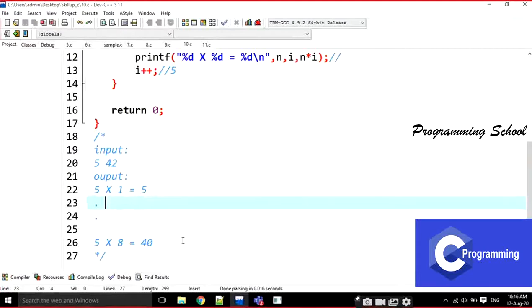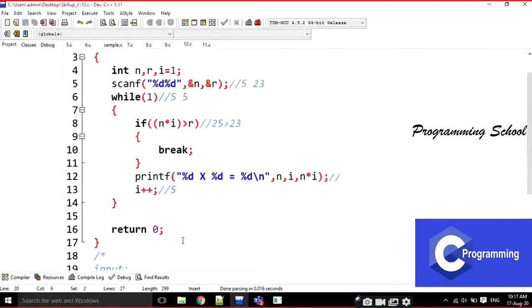No, not at all. When we reach this condition, when we reach the result, the result may occur. For example, if it is the 42 table, it will occur the first time. If it is the 5th table, it occurs at the 8th time. We don't know exactly. That's why we are taking the while loop here. Is it clear or not? If you are practicing the programs, it will be clear. First of all, we have to know what the concept is, why I am taking the while loop here.